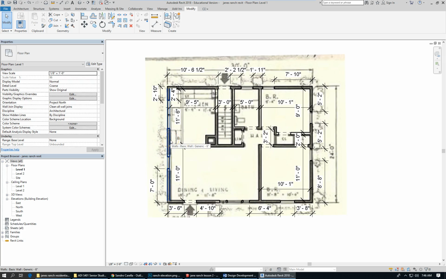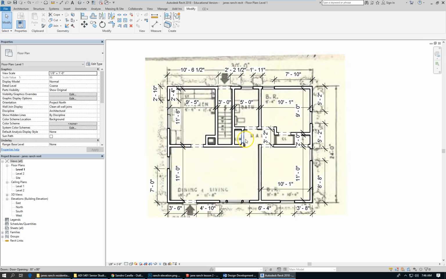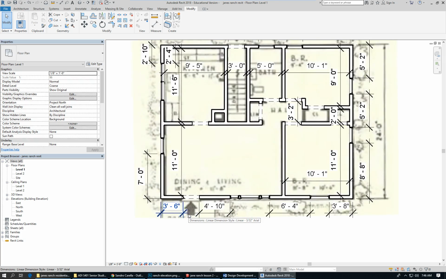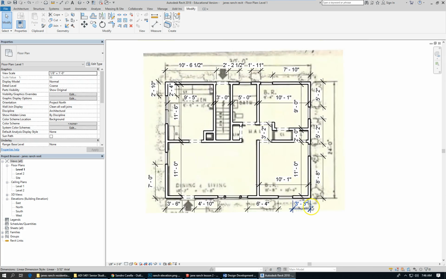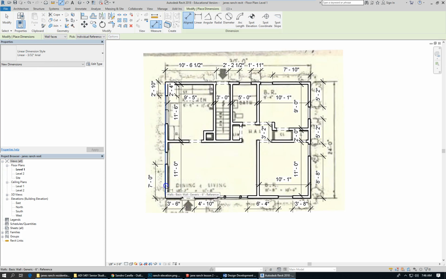So I've taken and drawn walls. If I switch back to hidden line, you can see that the walls that I've drawn, and I've substituted 30-inch openings wherever there's a door, and distributed the window elements. We haven't really dealt with what the height of the windows are, what types of windows those are, and we can do that later. But the overall dimensions of the building, which I should have included here, are 30 feet by 24 feet, and that concludes